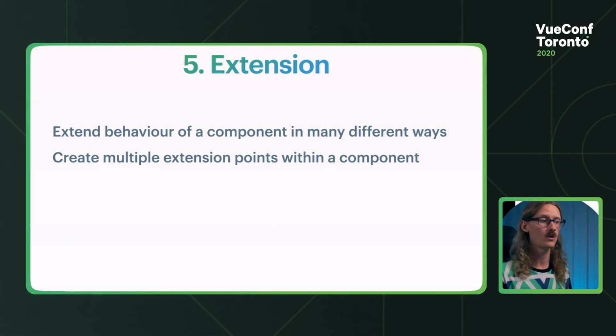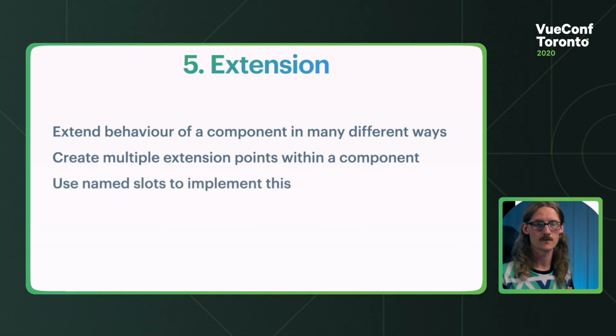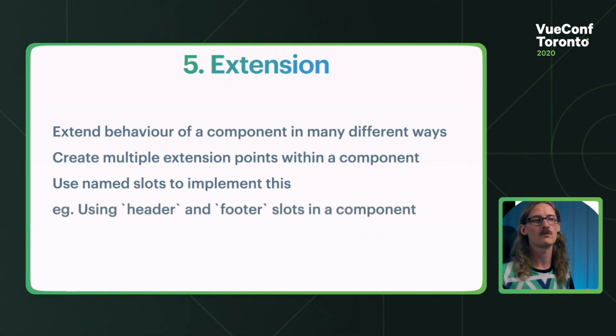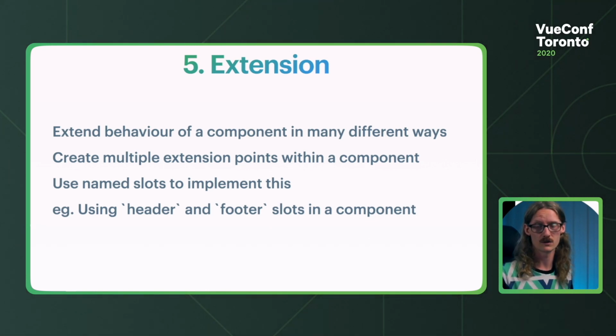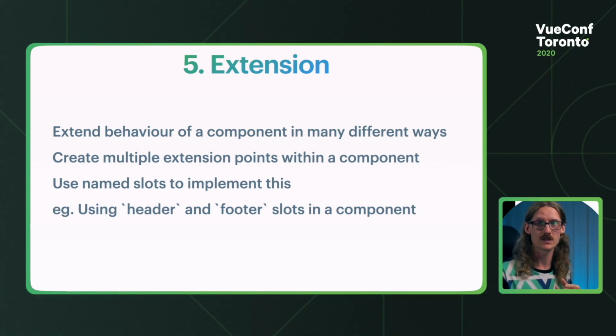In this way, we're going to add that, but we can also have other elements of that component customizable. And here we're going to take advantage of named slots so that we can have multiple different slots within our component. For example, we could have a component that has a header and a footer slot. And by adding in multiple extension points like this, we can extend the behavior in not just one way, but